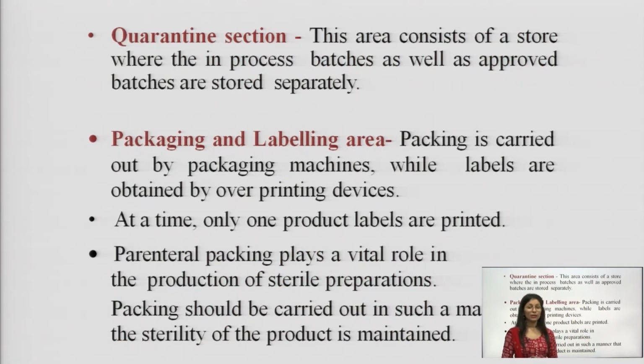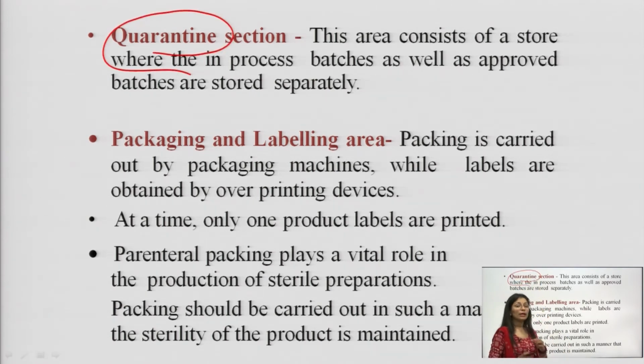Quarantine section. What is the meaning of the word quarantine? Quarantine, as we all know, is basically when a particular area is isolated, the storage place we can say. Whenever you are weighing a particular compound, we are going for the quarantine section. We are going to keep all the weighed product in a separate storage room. Why? Because if you do not keep it inside the storage room, it can mix up with other drugs. There are 5 to 6 kinds of drugs, or lots of raw materials that can be placed in a particular room. We need to make sure that they can be stored.